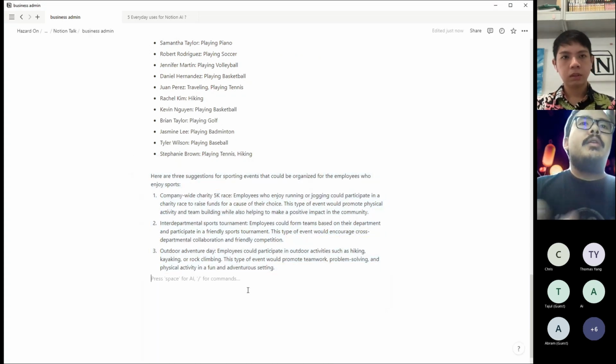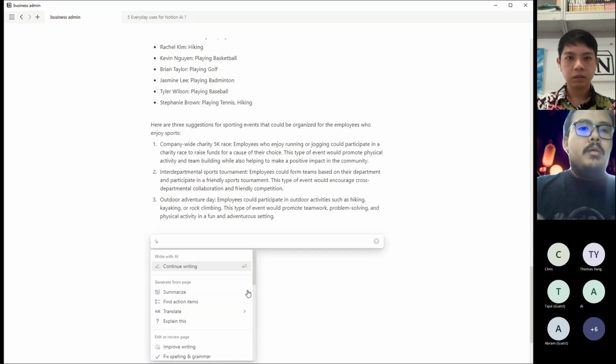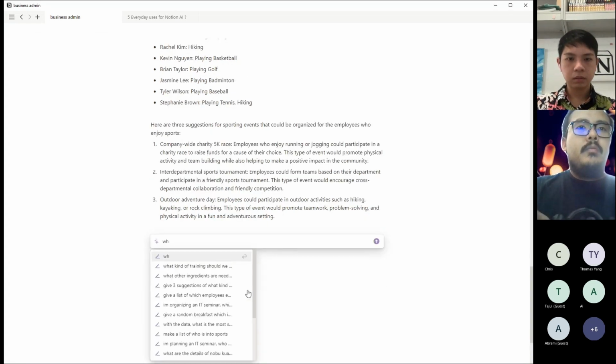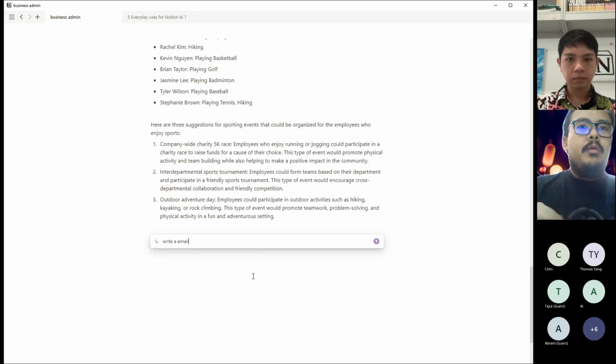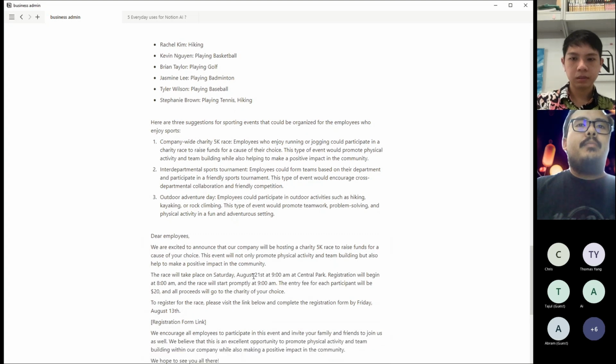So you can take this, you can take number 1 and say, write an invitation for all employees for the K race. So yeah, you can put the details in.